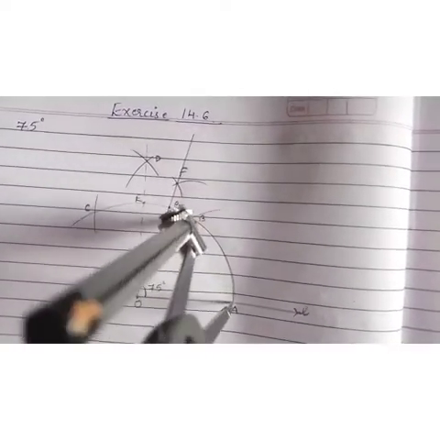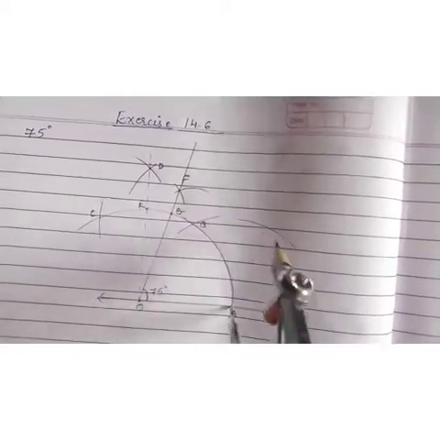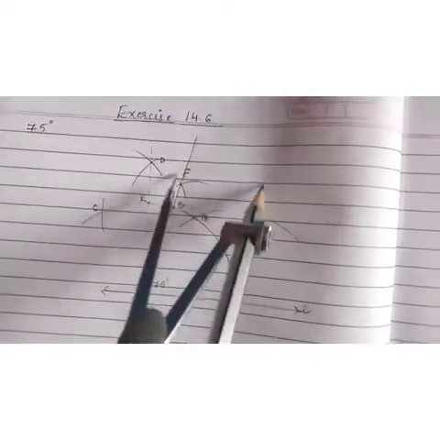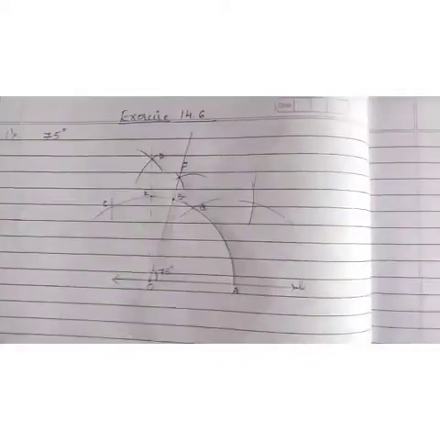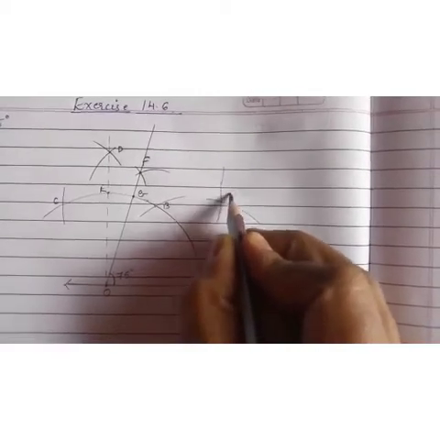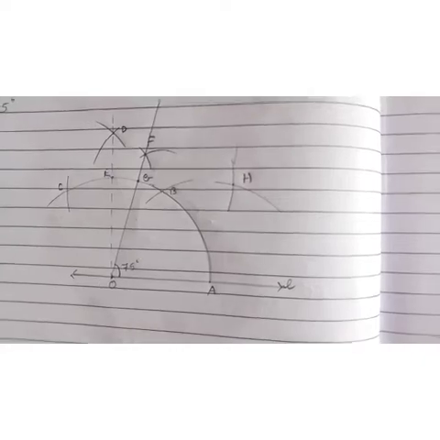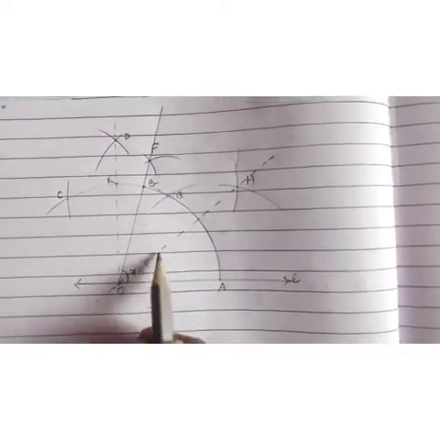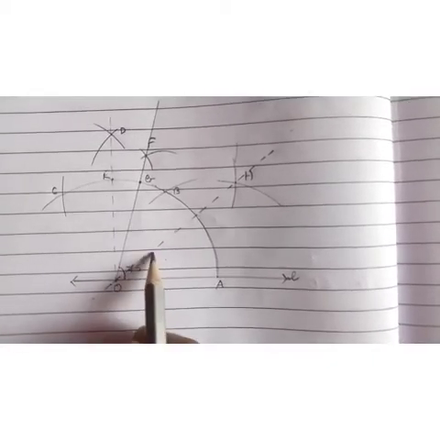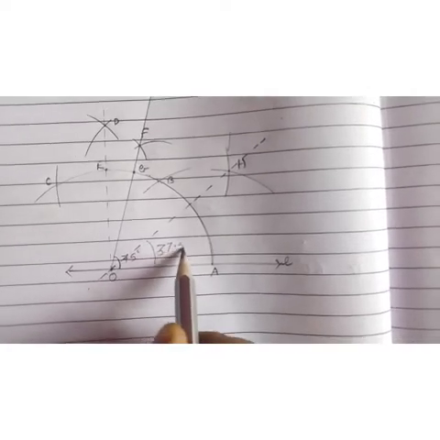See here children, I will take this much and then draw an arc here, and with G as center draw another arc. I got a point here. Mark this as H and draw a dotted line joining O and H. I have drawn a line. So the angle formed here between this dotted line and this line, this one, it will be 37.5 degrees. That is half of 75.